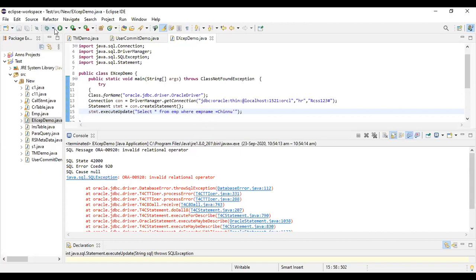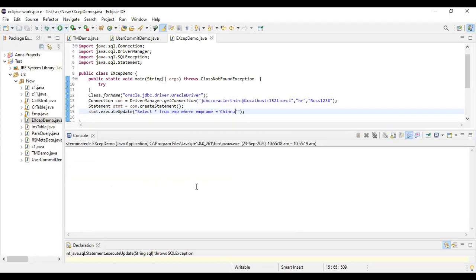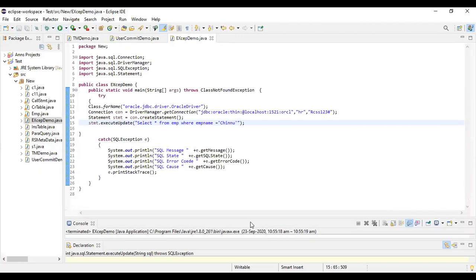But even though I run it, I'll again get the same problem, because the quoted string is not terminated properly. I should have done something like this and this. Employee name is equal. I look here again, I have a problem. I do have two single quotes over here, so they're telling it is not terminated properly. I'll do away with a single quote. Now it looks perfect. So these are how SQL exceptions and their methods work.